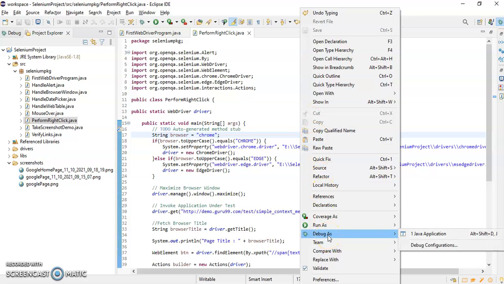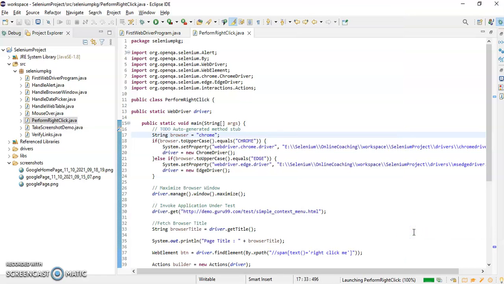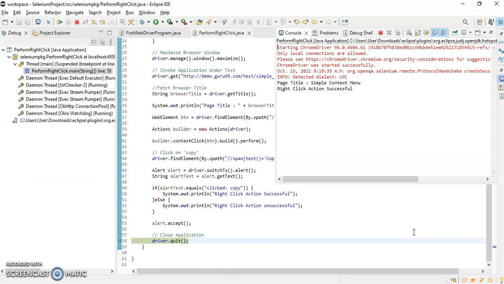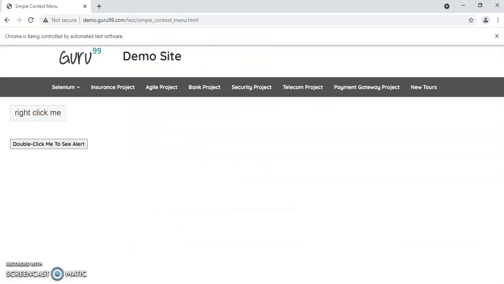Right click, debug as Java application. So it has opened Chrome browser. See, we have got this page title, simple context menu, and right click action successful, right? So if you go here, this is our application.